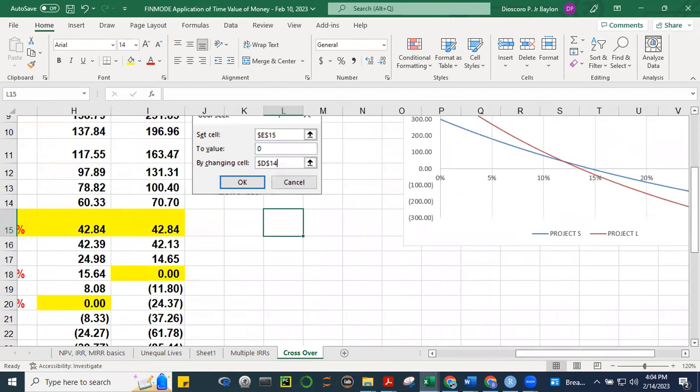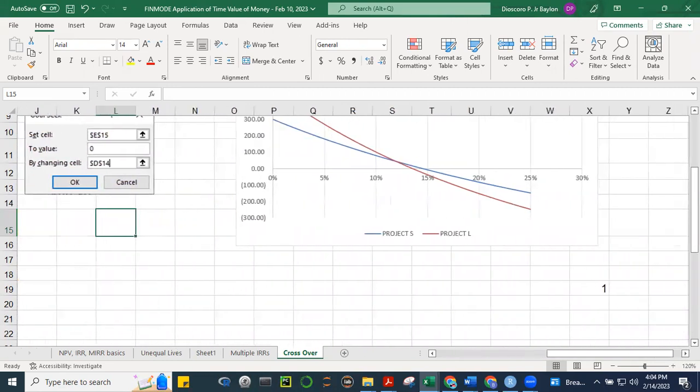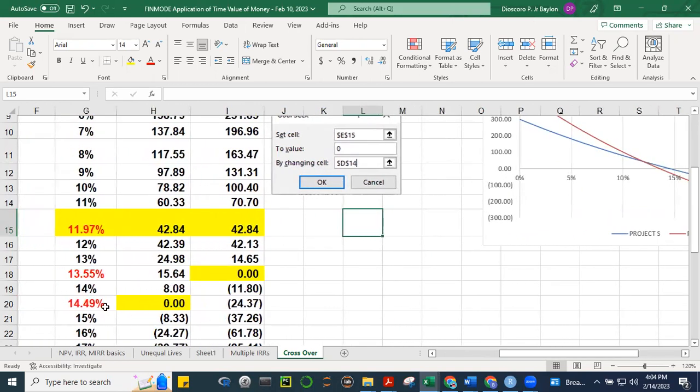Okay? So up to where? Up to this point. Yung blue dito si Project S, no? Up to this point. And what's this point? Itong point na to. This is around 14 point something percent. Ito yun. Yung 14.49%. So from 11.97% hanggang 14.49%, Project S is better. Okay? Bakit? Kasi yung NPV niya mas malaki kaysa kay Project L. Alright? And then beyond 14.49%,